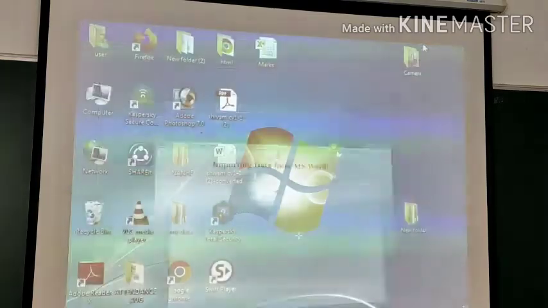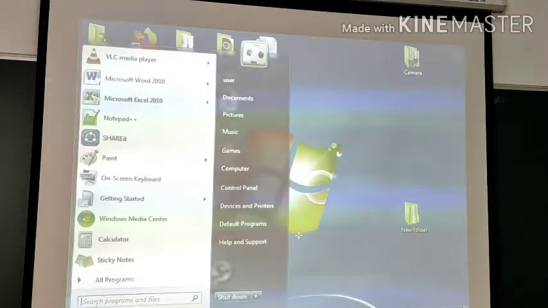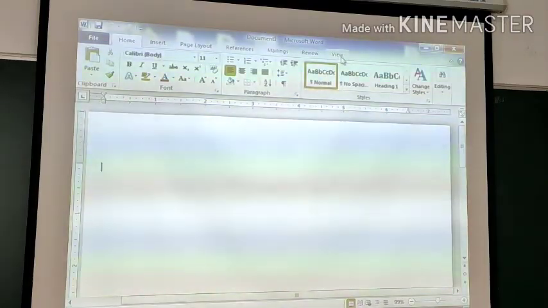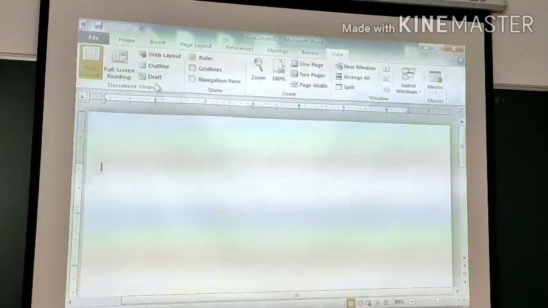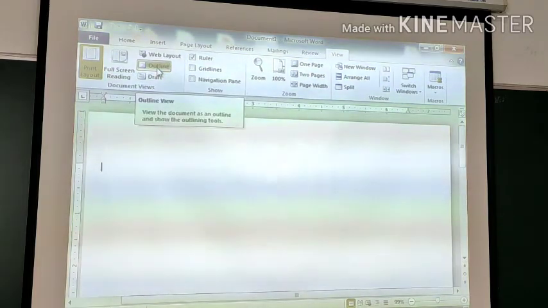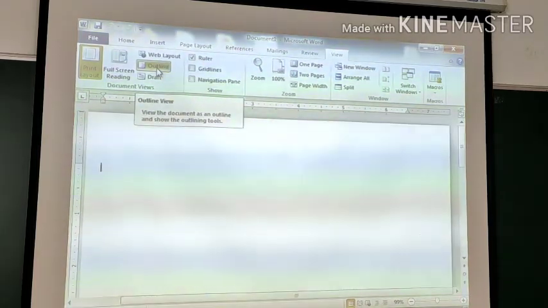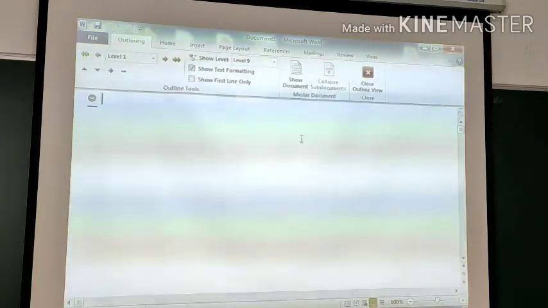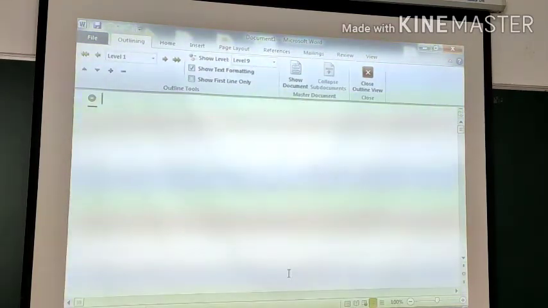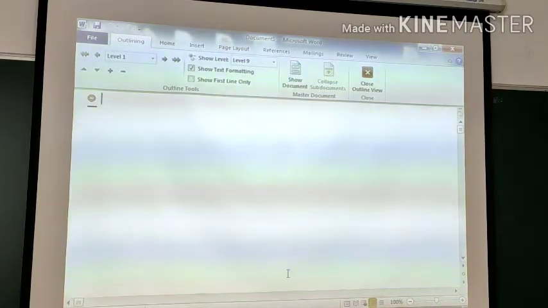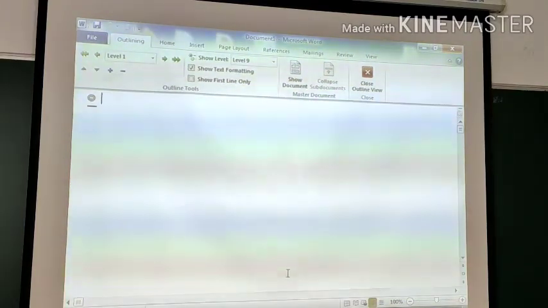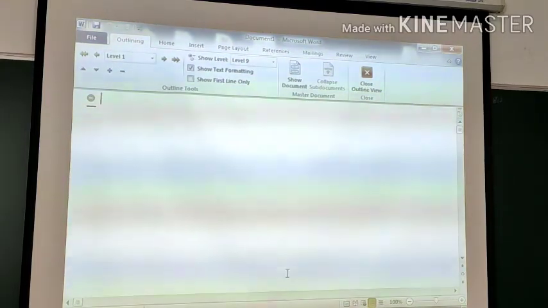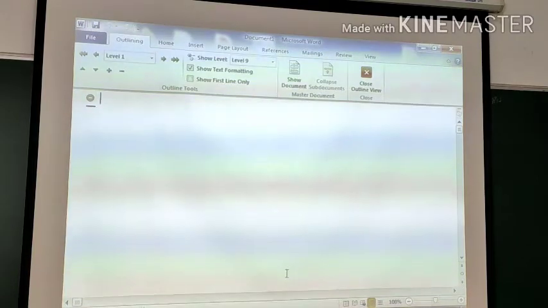For this, open MS Word, go to the View option and click on the Outline tab. The interface will look like this. Now type, I am going to take an example from your book. Just type the point, figure number 5.9,